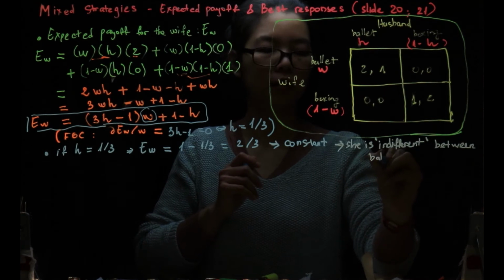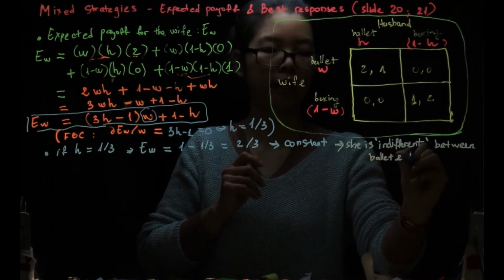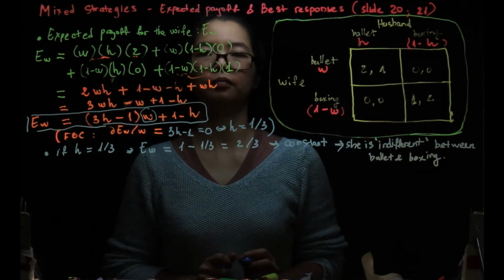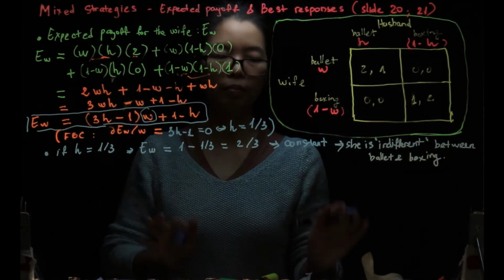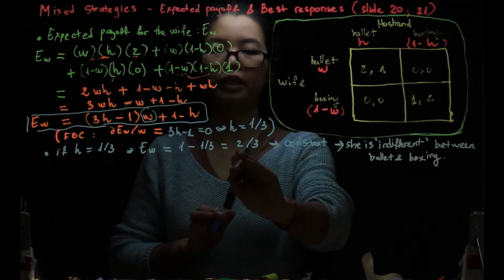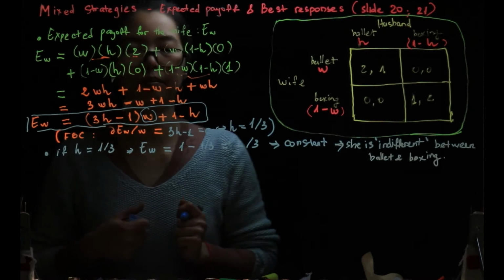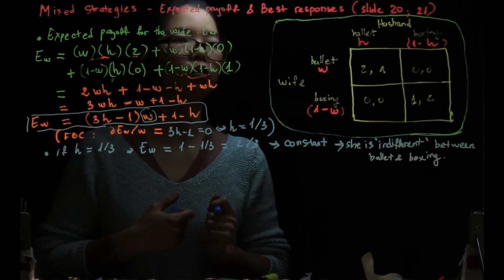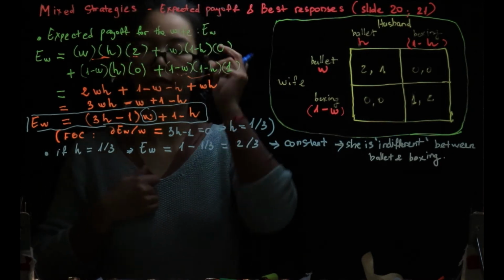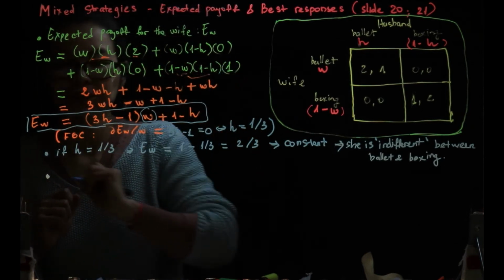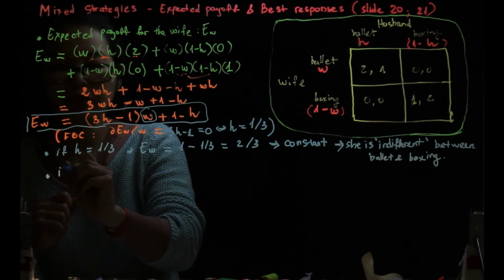Between ballet and boxing, it doesn't matter. No matter what she chooses, the expected payout will be a constant of 2/3 when the probability that the husband votes for ballet is 1/3. That's the first thing. Now, what if